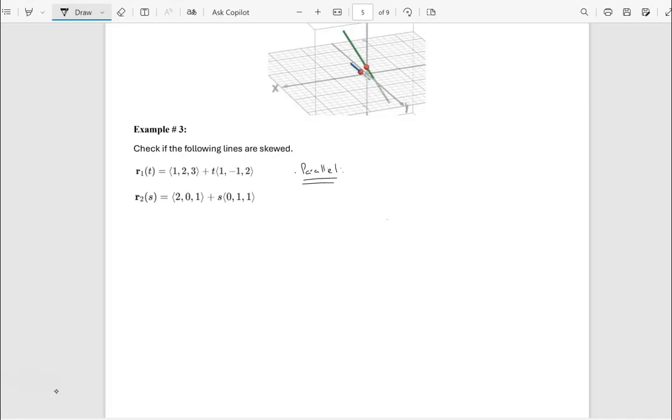So in this case, let me just say that v1, which is equal to t, is 1, negative 1, 2, and then technically v2, this is equal to the vector s, and vector s is 0, 1, 1. Then we can say not parallel